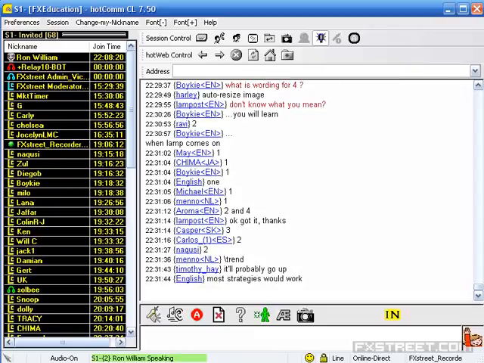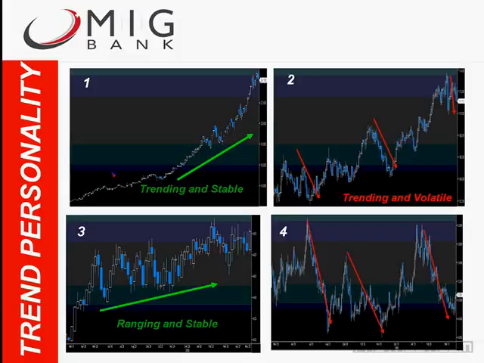So one person said the market is trending. Absolutely. It has a probability of going up. Most strategies would work. It's easier. The key word there is it's easier. It's stable. You can trade the market in example number 1 with most trading strategies, and you're more than likely